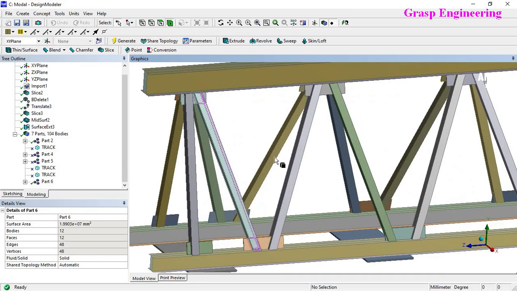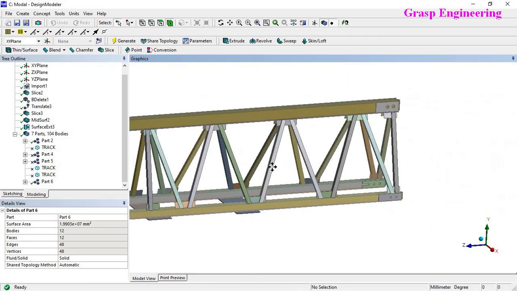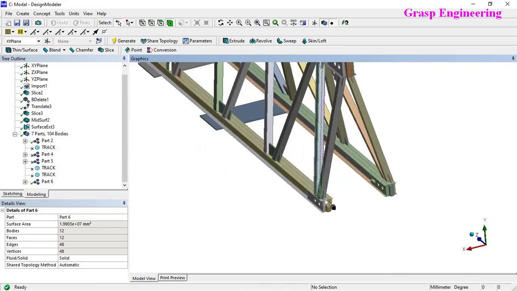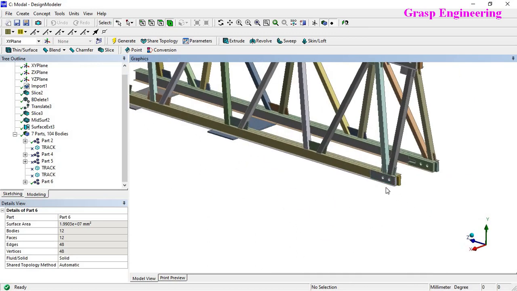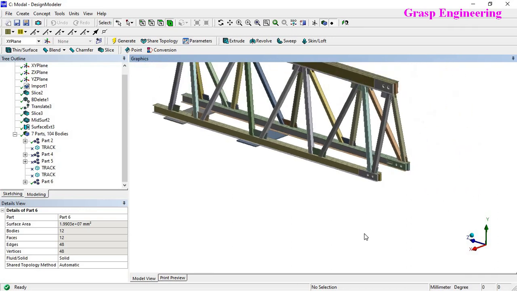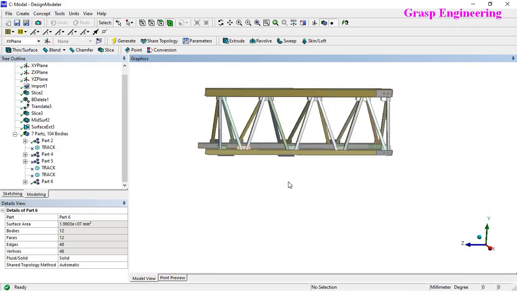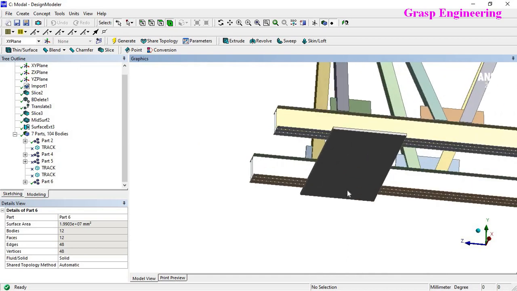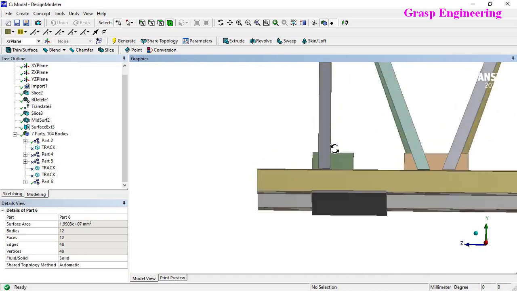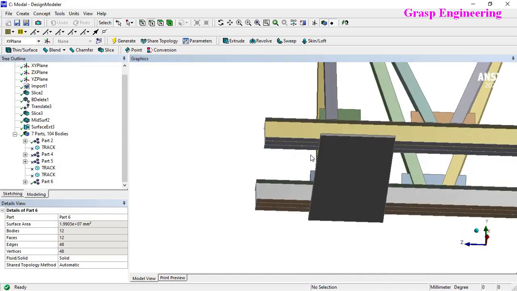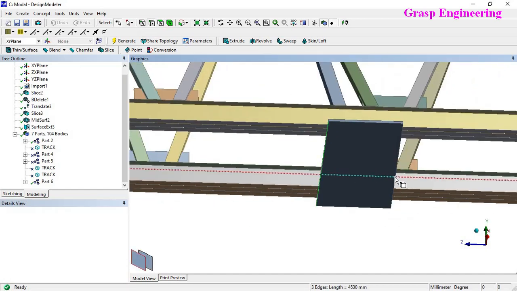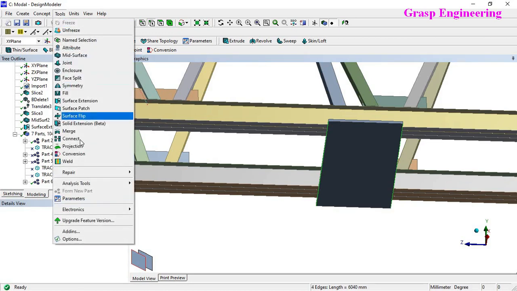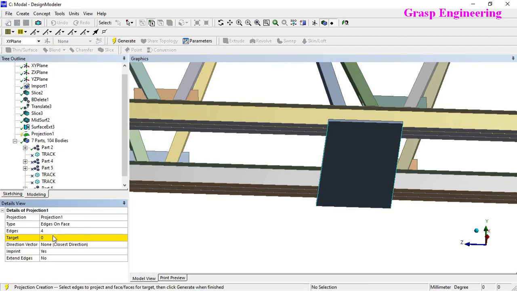Now the next step: as these are solid bodies, it is difficult to extract the mid surfaces. This is the point where another assembly will connect through this bolt and these points. So we will keep this as it is, and these are the bottom resting faces, so we can project this. Go to Tools, Projection, Apply, and select the target where you want to project.